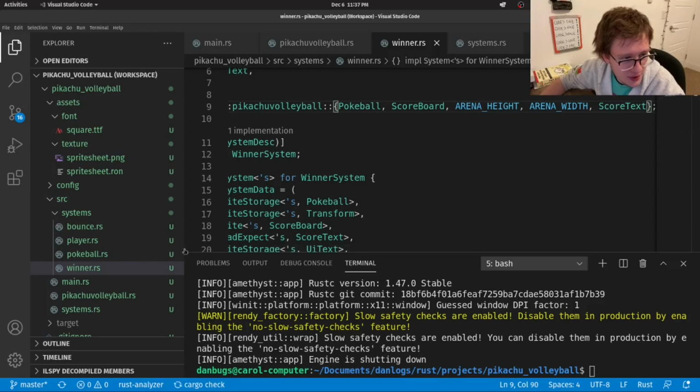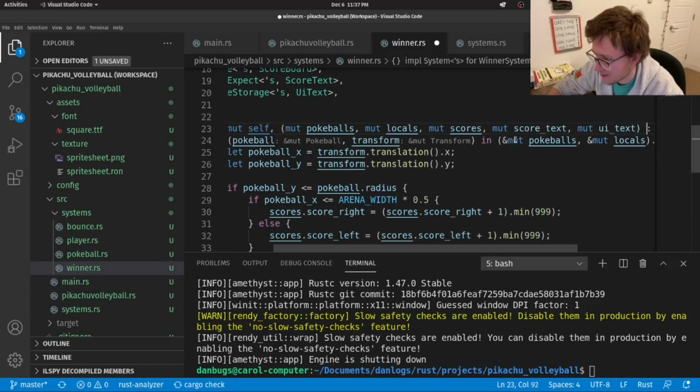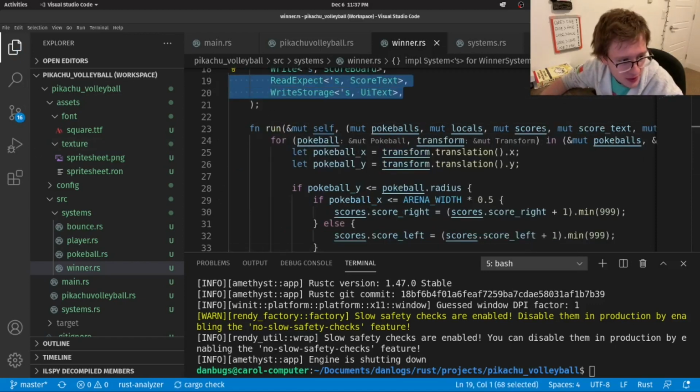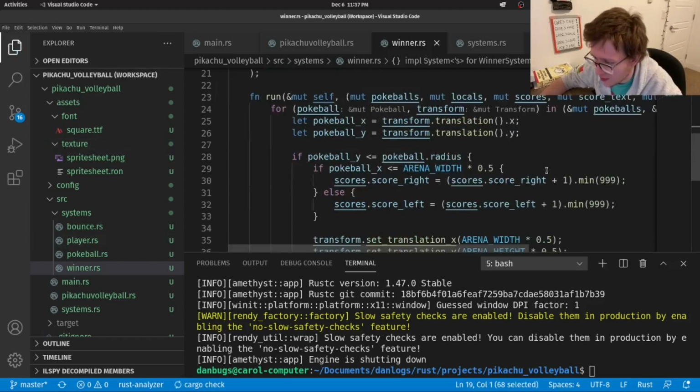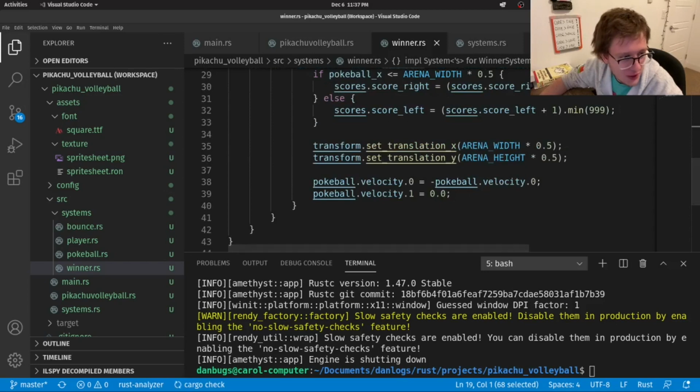Good. Now in our parameter list in here, we want to update it to say, mut score text, mut UI text. Okay, just to account for these two, right? And we want to add on stuff in here, right?